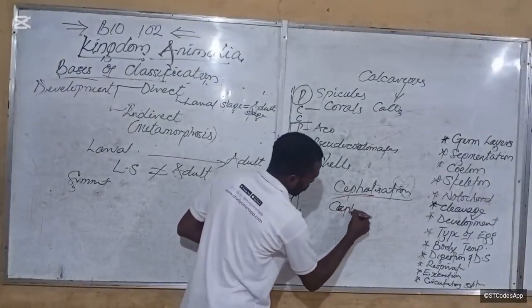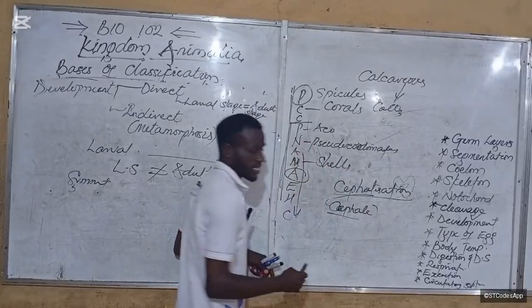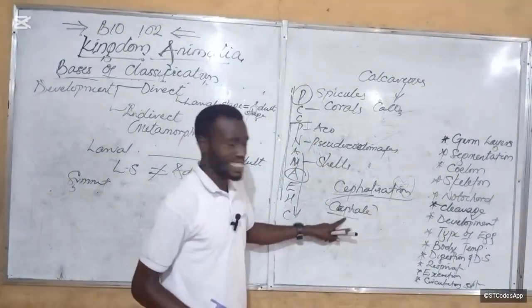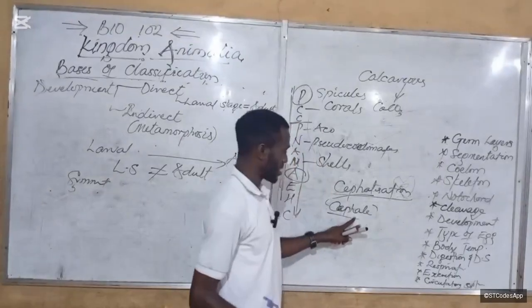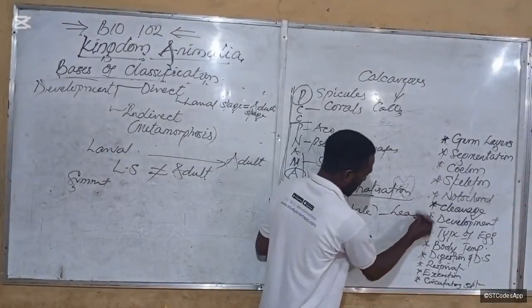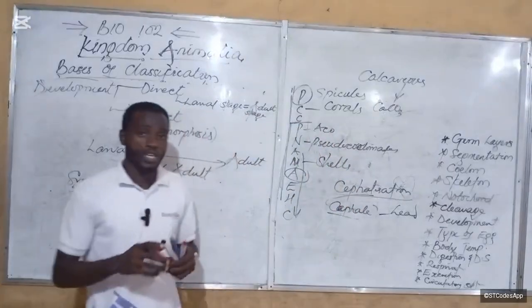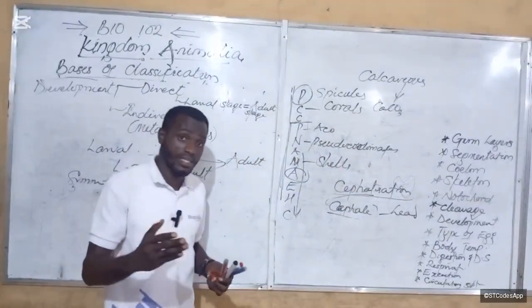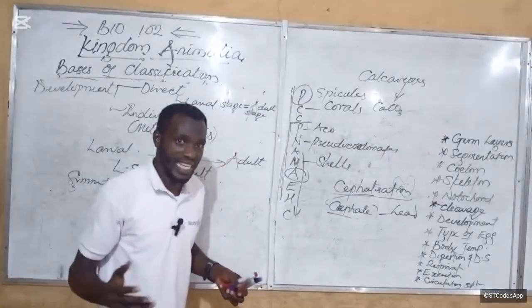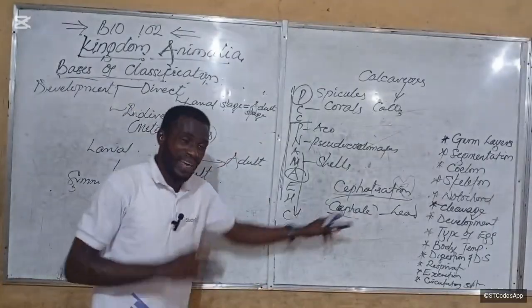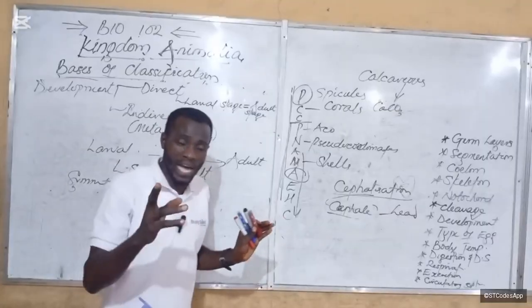Cephal, or cephale, is Greek, I think, for head. Is that clear? So what happened is that those bilaterians began to have a head. Why? Because the